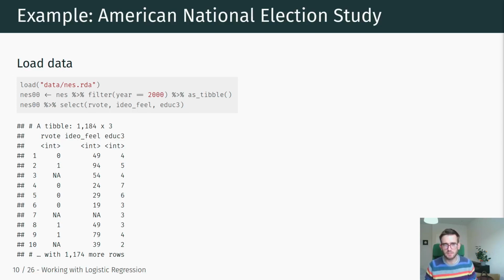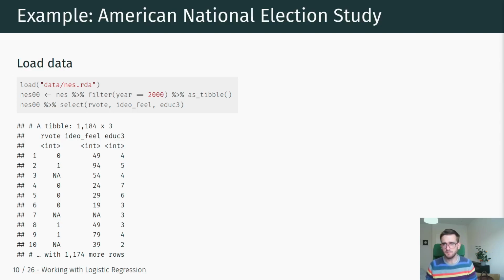Last week we looked at, I think, the 1992 election. This week, this is the cumulative file that basically combines multiple election years. And this year we're going to look at the 2000 election between George W. Bush and Al Gore. We will model the same outcome that we also examined last week, in particular vote choice supporting the Republican candidate, so supporting George W. Bush, and we'll look at a couple of different predictors